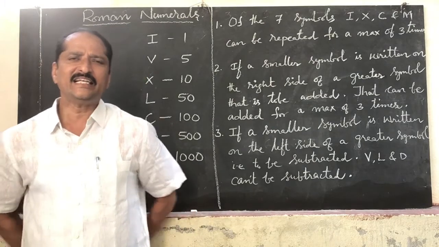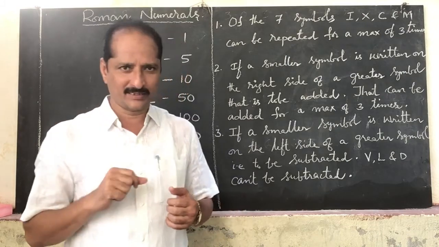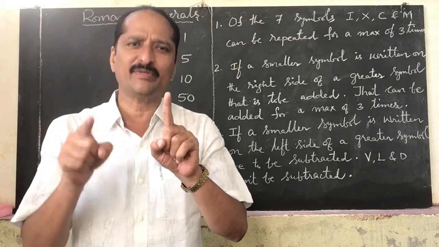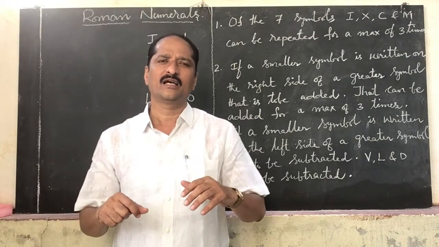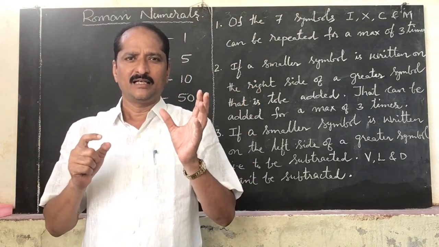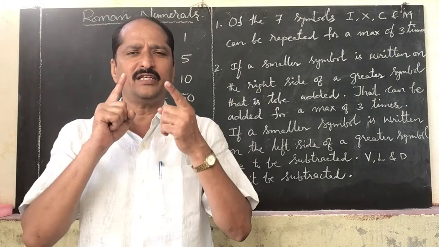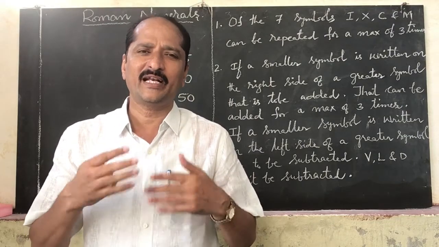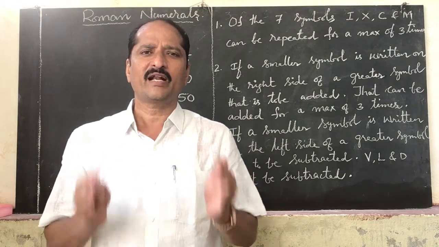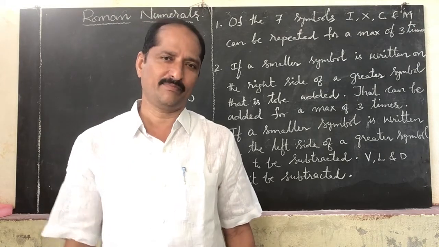As in the Indian system of numeration, we will use 0 to 9 symbols. That is totally 10 symbols we will use. With the help of these 10 symbols only, we can write all the numbers. Yes, in English we are using 26 alphabets. With the help of these 26 alphabets only, we are writing the English language. In the same way, for writing Roman numerals, we have only 7 symbols.